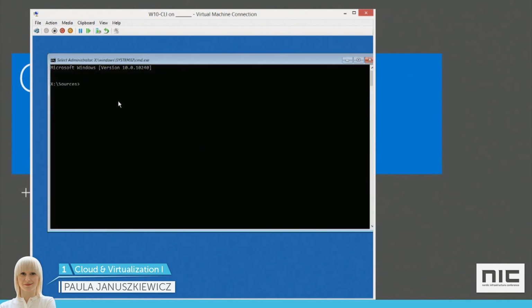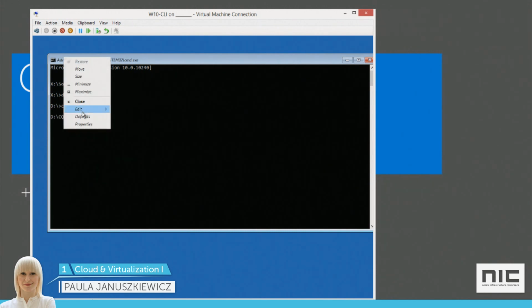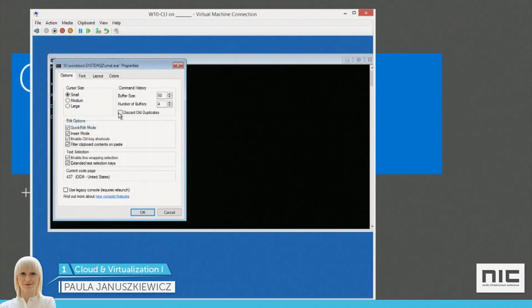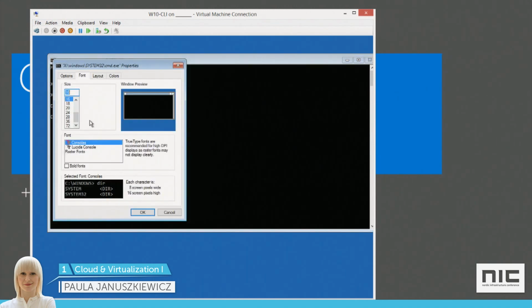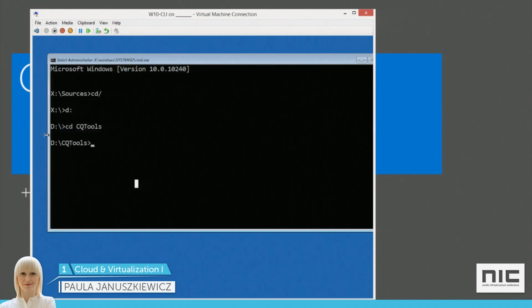And what we will do, let's go to my CQ tools on the D drive. Let me enlarge it so that guys in the back can see everything super clearly. So font and then something bigger. Yeah, maybe this one should be enough. Lovely. Okay, and over there, we're gonna run, in my case, Kiwi Secure Edition,